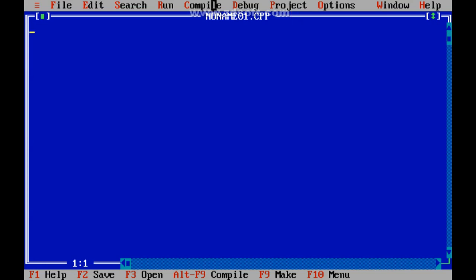So, hash include stdio.h, hash include conio.h, void main, printf hello.